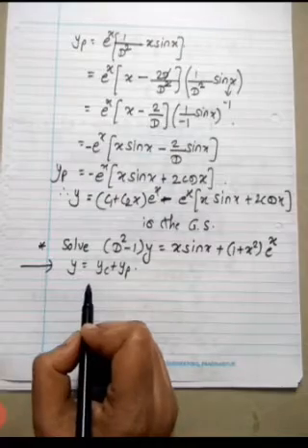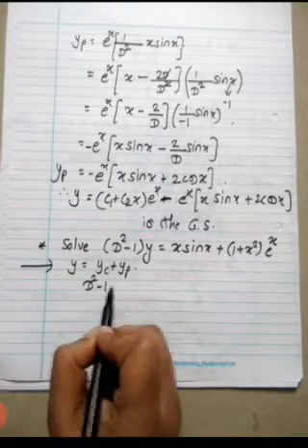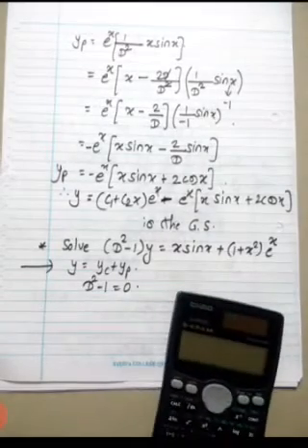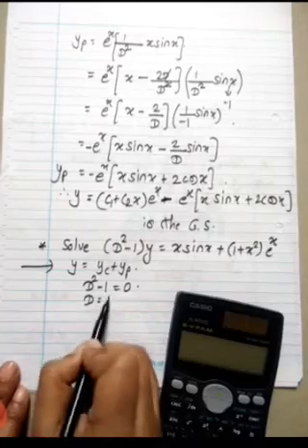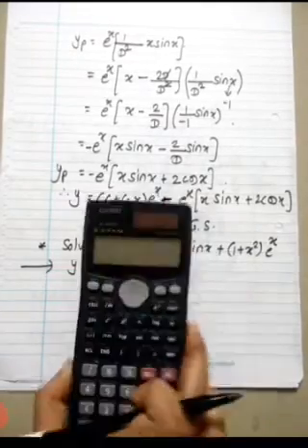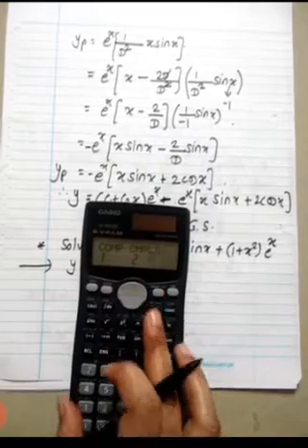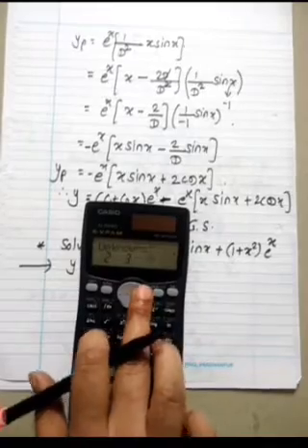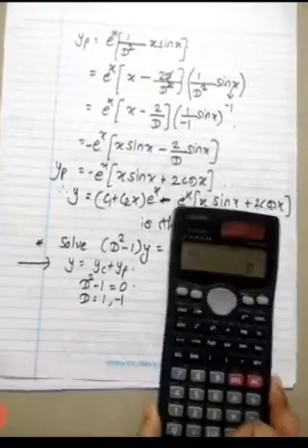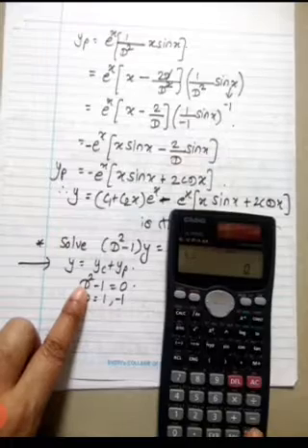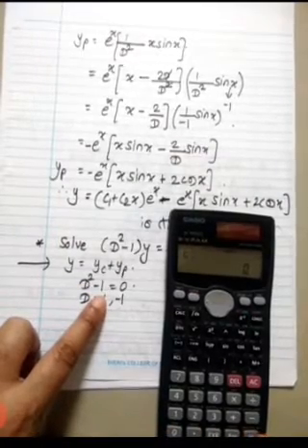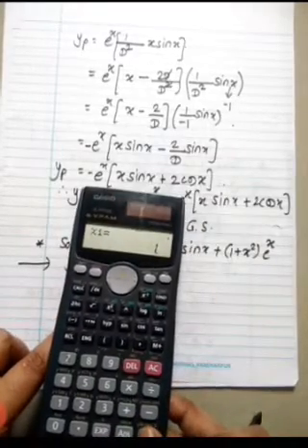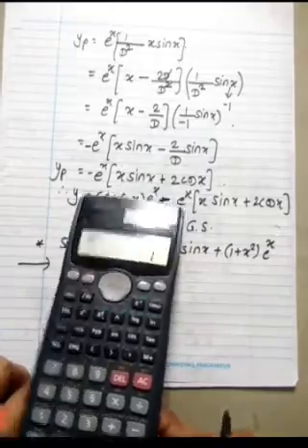So you have to consider the auxiliary equation. D squared minus 1 is 0. Find out roots. Plus or minus 1. Yes, D is plus 1 and minus 1. You can check on calculator if you want. Go into mode, then equation, and then degree it is 2. A is here 1, B is 0, and C is minus 1. So we get x1 is 1 and x2 is minus 1. So 1 and minus 1.